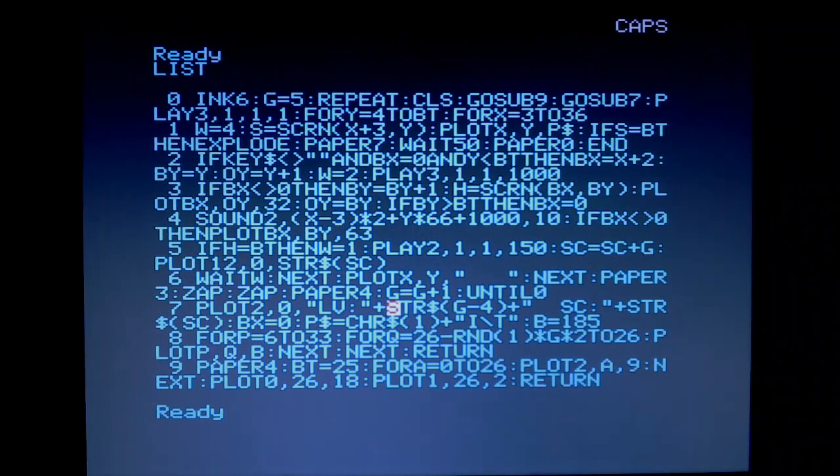So on 7, I'm plotting at position 2, row 0, LV plus the string representation of G minus 4. So G minus 4, when G was 5, it means it was 1. So now I remember what G is. It's the level that you're on. So G represents something to do with what level you are on. Then I'm appending some spaces and then the score, SC colon, plus the string representation of SC, which is the